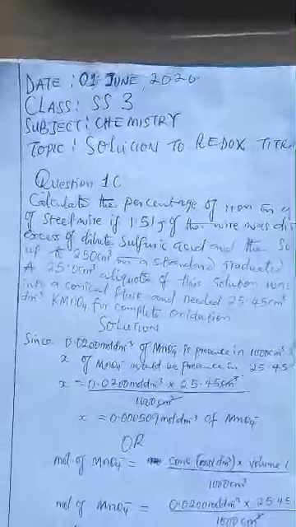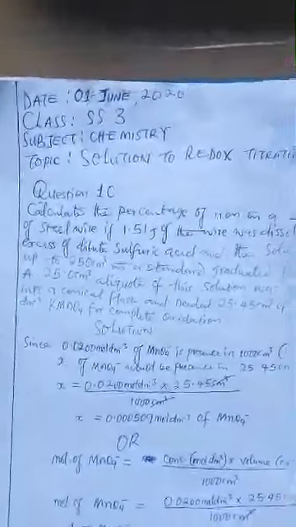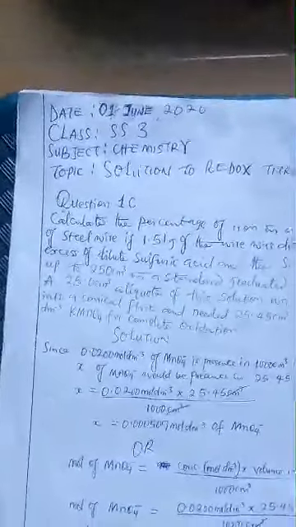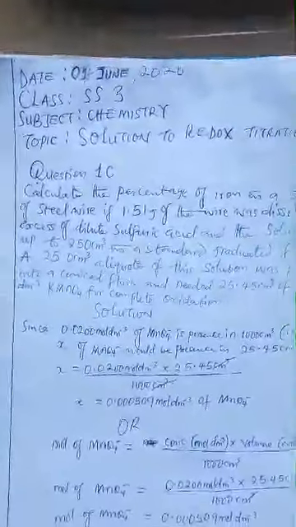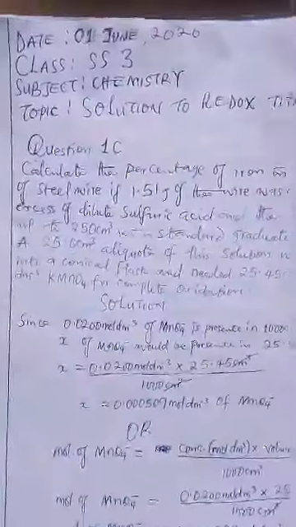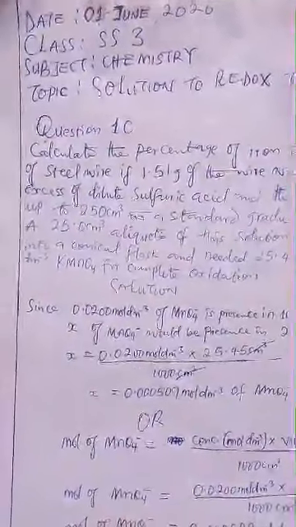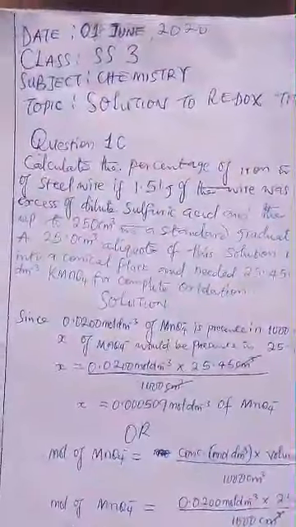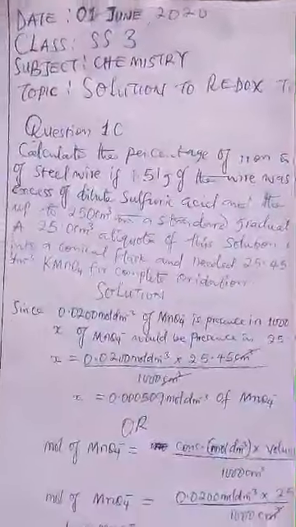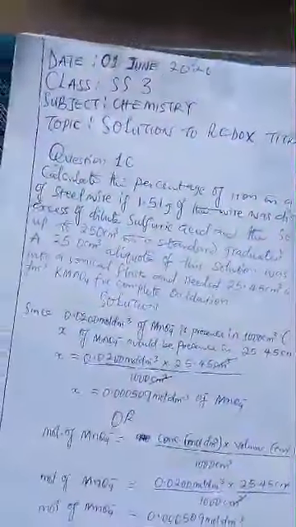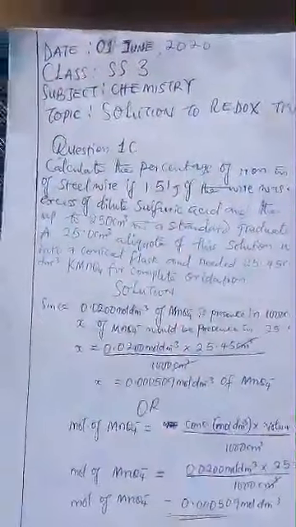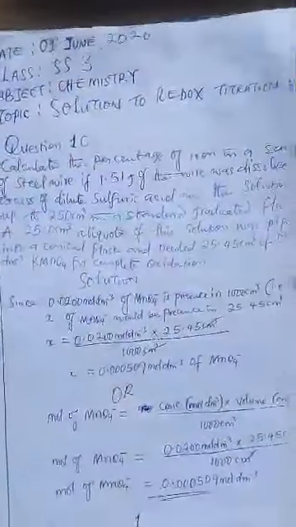I want us to continue with the solution to question 1 given in our previous class. We've solved question number 1A and 1B. Now, question number 1C, in which we are asked to calculate the percentage of iron in a sample of steel